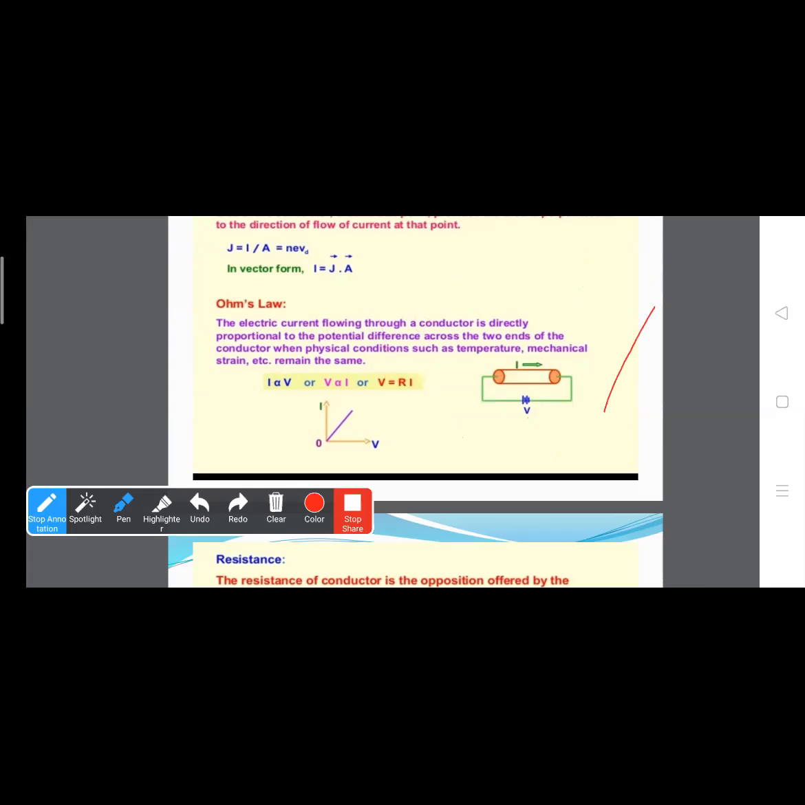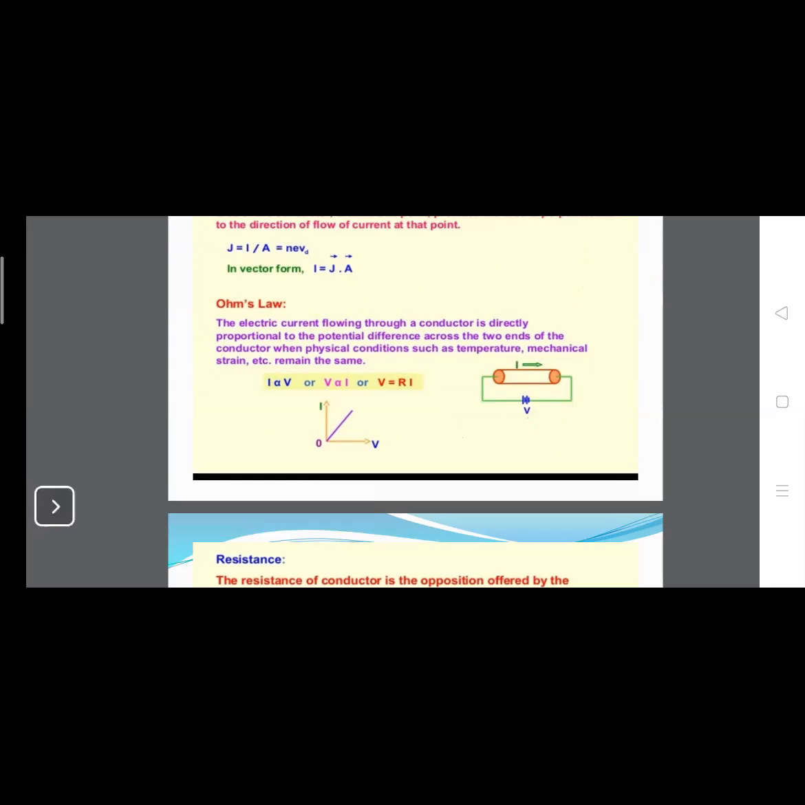I think it is clear to you what Ohm's law is. According to this law, V is directly proportional to I under the conditions such as temperature and mechanical strain remaining the same. Okay. So now